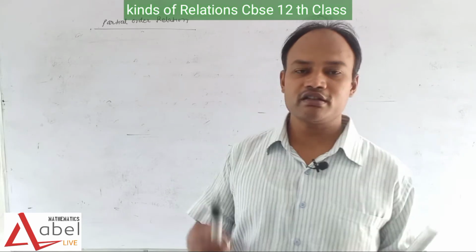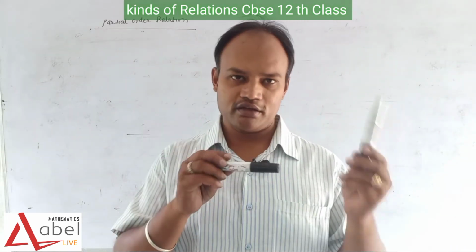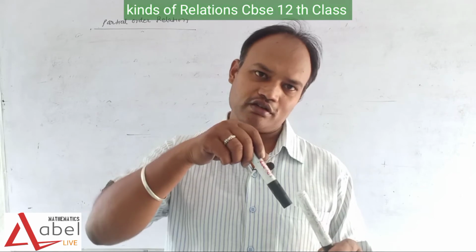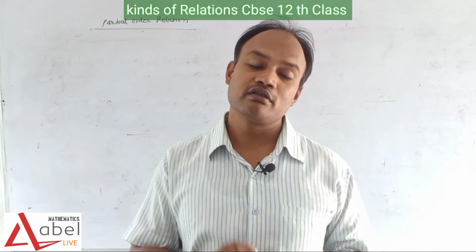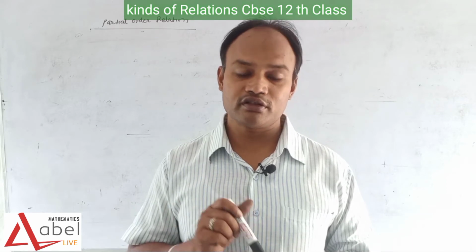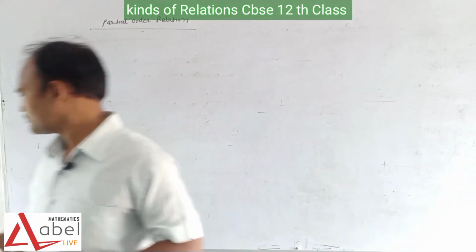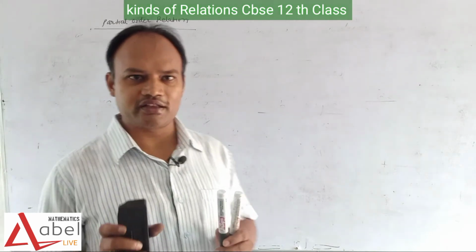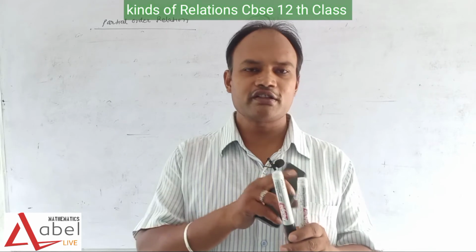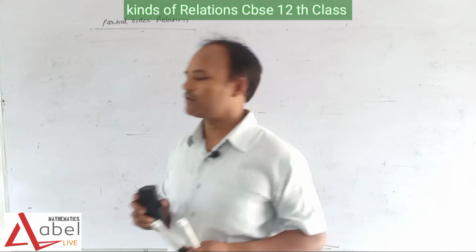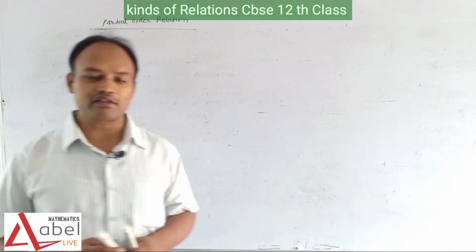When we talk about symmetric, this is related to that, then that is also related to this. A related to B, then B is also related to A. What about the transitive relation? Maybe there are 3 pens, but 3 pens are not available here. Suppose these 3 things are there, A, B and C, this is related to this, related to this, then we can say this is also related to this. This is transitive.